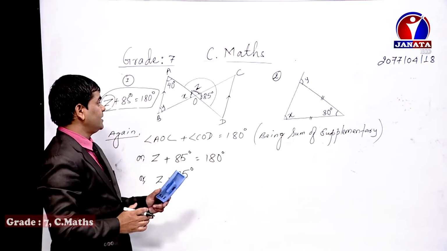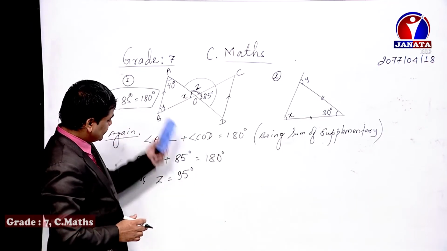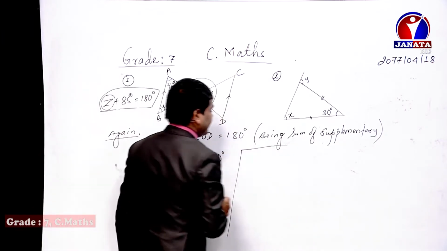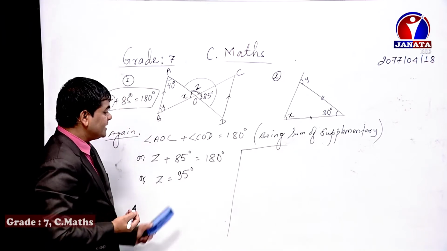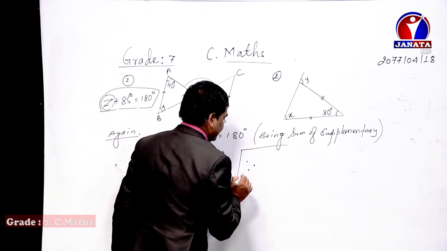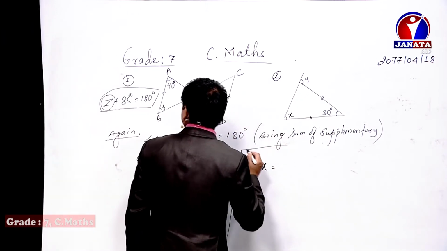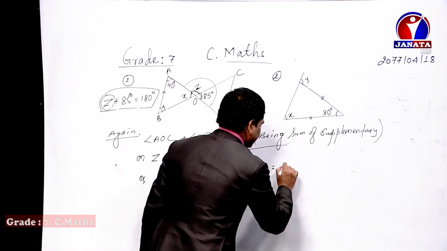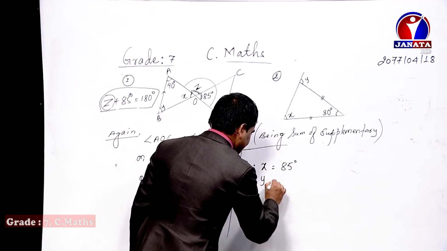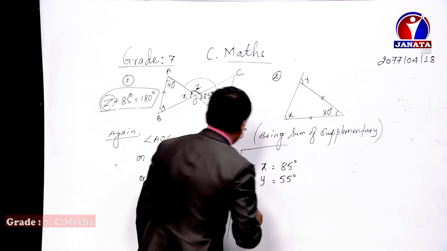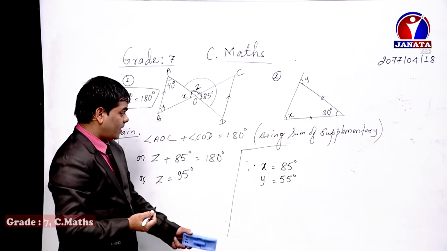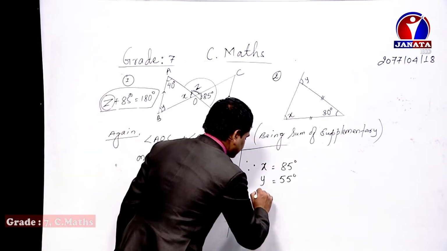And at last, dear student, this is how you solve this question. These are the ways. And at last one thing must be clarified. To be brilliant in mathematics, we need to write the conclusion as well. Therefore, write the therefore sign, and after that x equals, what is the value of x? What did you get as the value of x? 85 degrees at the time, isn't it? And after that, what is the value of y? What did you get? 55 degrees, I think so, isn't it? I have already erased it, but I am remembering the value of y was 55 at the time when we found it. Now it's the time of z.